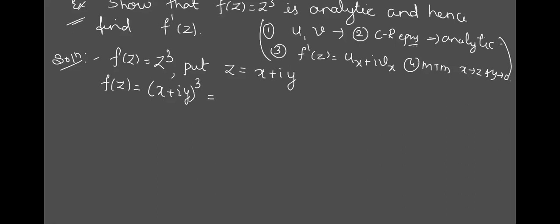a plus b whole cube. Yeah, let us apply that. a plus b the whole cube. What does the formula say? It is a cube plus b cube plus, either you can take 3ab into bracket a plus b, or you can take 3a square into bracket a plus b. Okay. Yeah, sorry, 3ab into a plus b. I'll better write a simplified format only by multiplying the terms. So a cube plus b cube plus 3a square b plus, what is one more term?